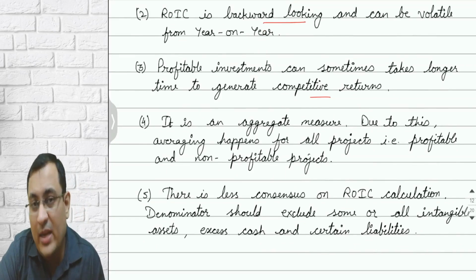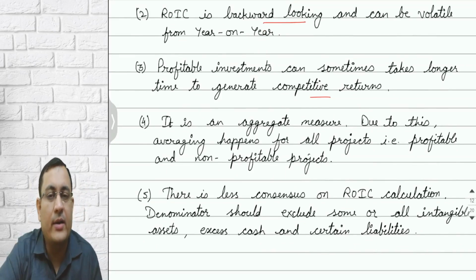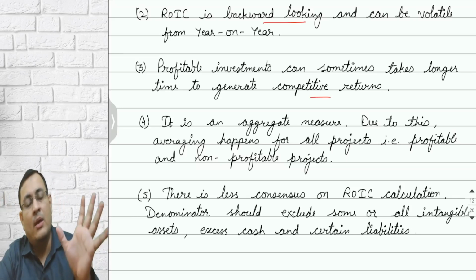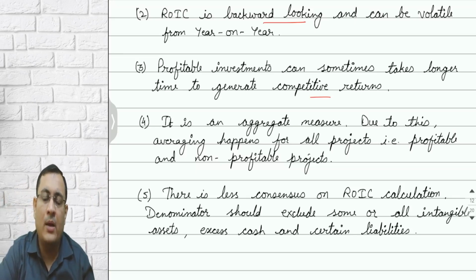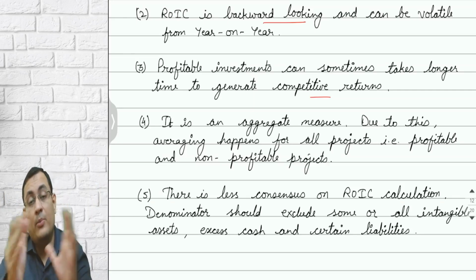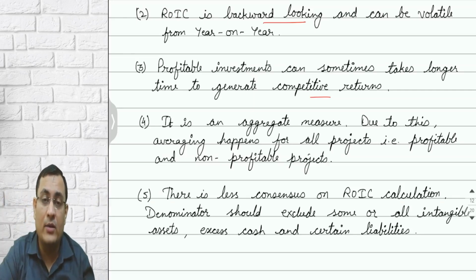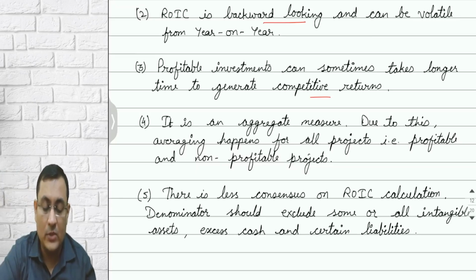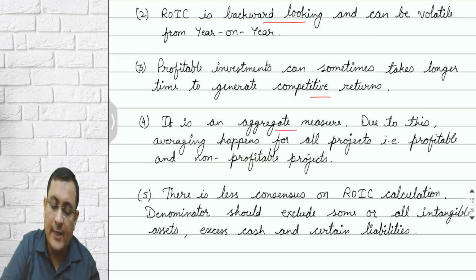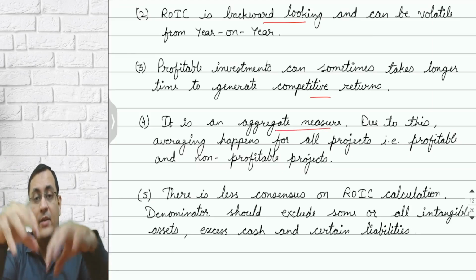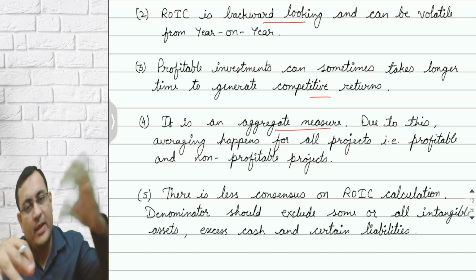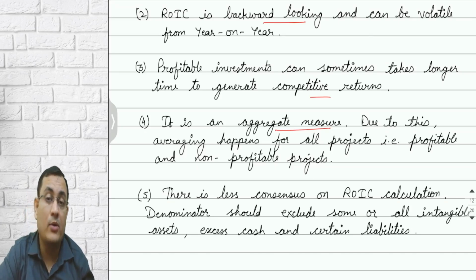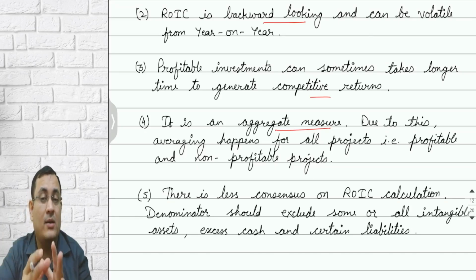This is not a very efficient method because it is using one year of data. A 10-year project may not generate profit initially. It may generate profit in the later part of its life. Or some projects which overall have a negative effect on the company, since they are generating a higher return in the initial year, will be accepted. This is a limitation. It's an aggregate measure. It means it is going to average out the effect of good performing and bad performing projects. This is again a limitation, because you will not be able to identify the specific project which is negative for